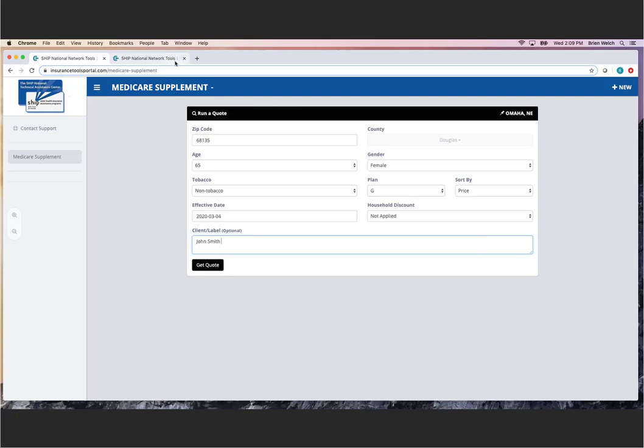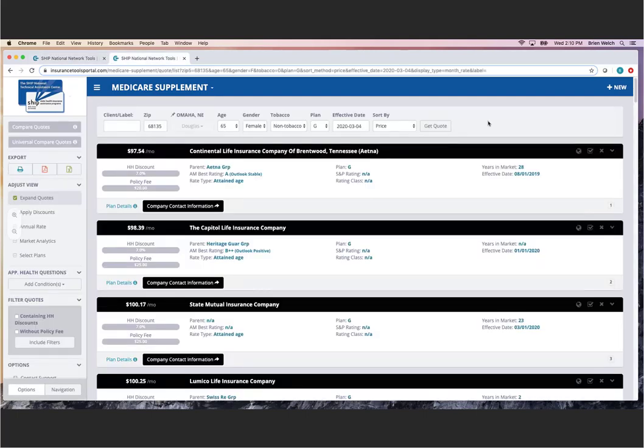And I went ahead and preloaded a quote for us. And so here are the results. We've priced this out cheapest to most expensive, and we do show every company. So we're not representing any of these companies. We don't work for any of these companies. We're simply providing non-biased information, priced out cheapest to most expensive, and it will show 100% of the market